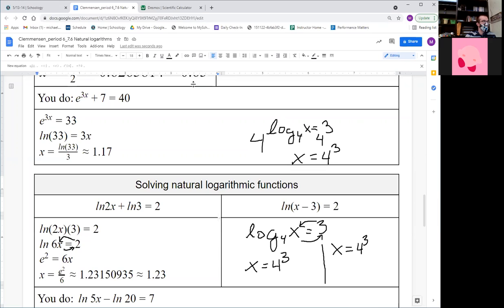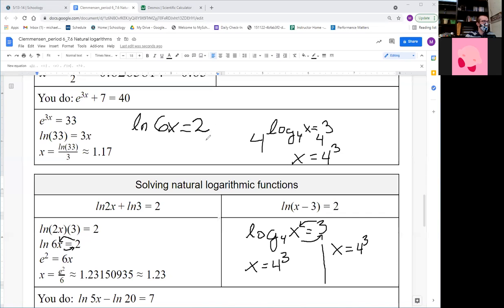Yeah, so again, with the flip-flop method, all I do is I take my 6x and I move it over, and I move my 2 to the opposite side, and I change my thing to the opposite. So instead of natural log, there'll be e. So if I was going to write this out, it'd be e, this backwards. Natural log of 6x